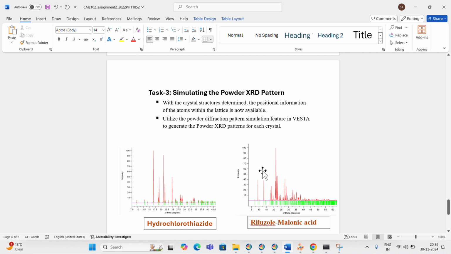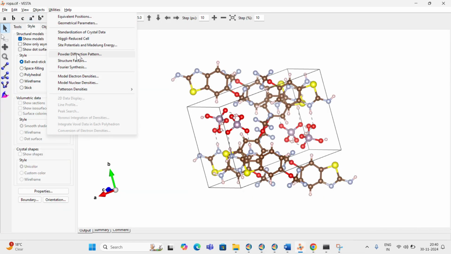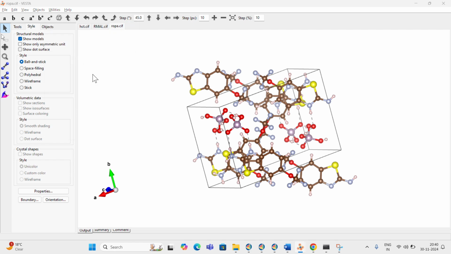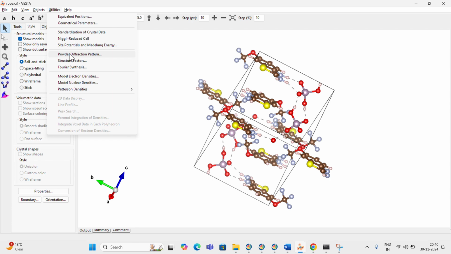The third task is to simulate the powder XRD pattern. So with the crystal structure determined, the positional information of the atoms within the lattice is now available. And we will utilize the powder diffraction pattern simulation feature in Vesta to generate the powder XRD pattern for each crystal. So in Vesta, if we go to utilities and click on powder diffraction pattern, then we will be able to see the